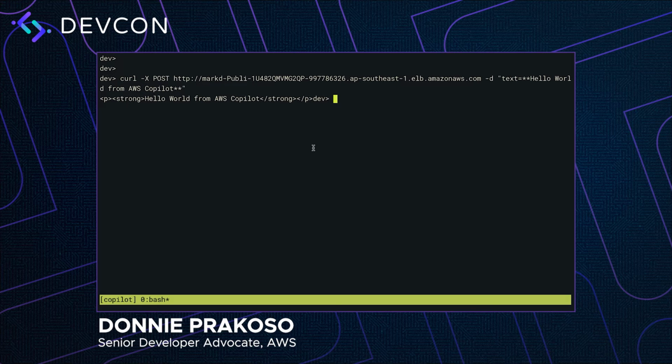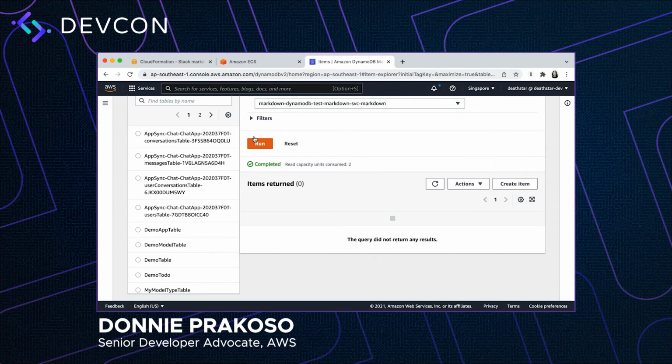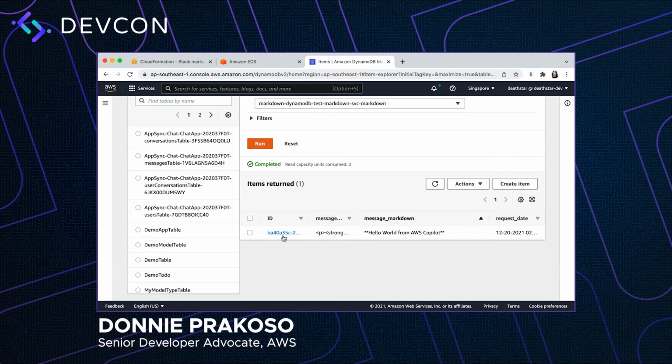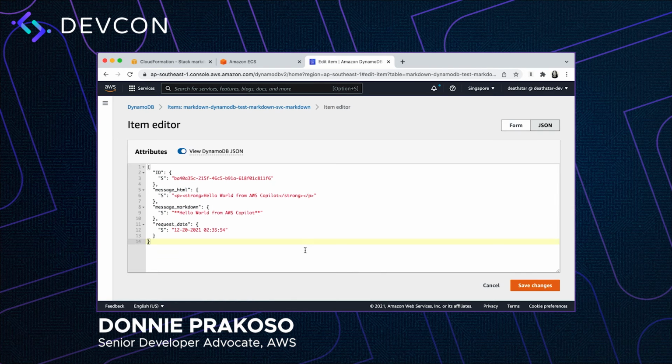So now let's go to the DynamoDB console to see if the last request is logged properly. Okay, so our application now integrates nicely with DynamoDB, and we can see the last request is in the database. And that is how you integrate your application with other AWS services using Copilot.